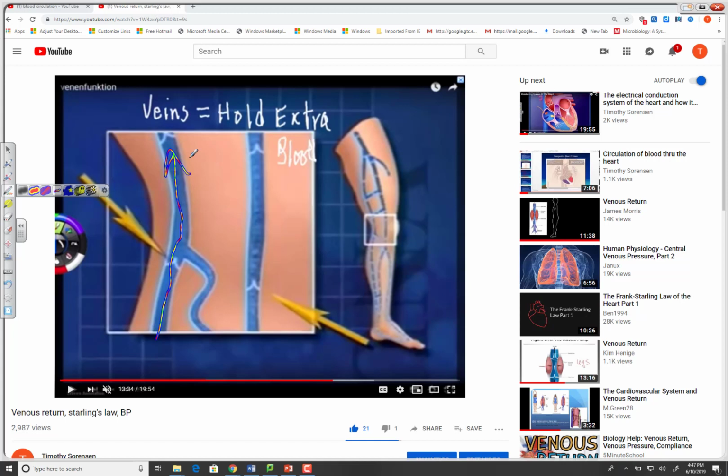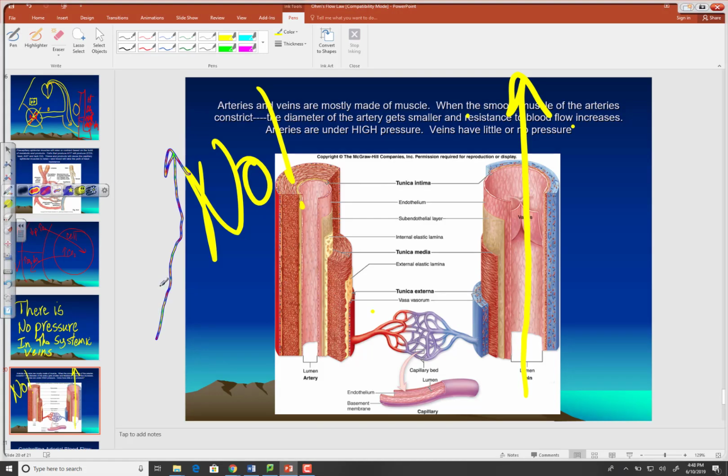Now, are you always contracting your legs? And what about a quadriplegic or a paraplegic? Well, the answer is this. If you look,